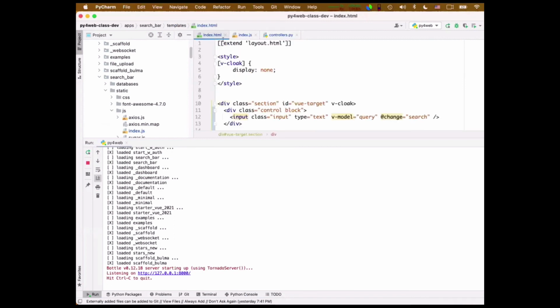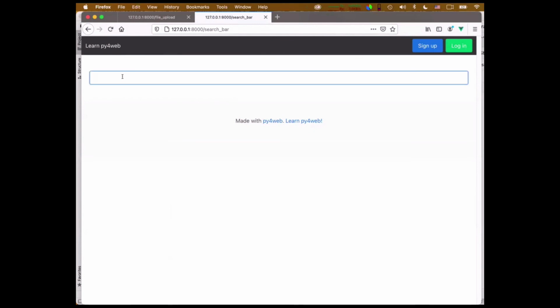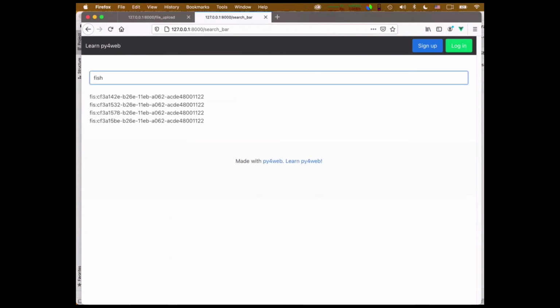Does anybody know? Hey, you can do the search as well and help me. Key down. So if I reload, and I write fish and chips. Well, miss.